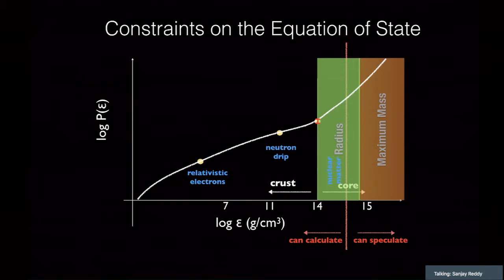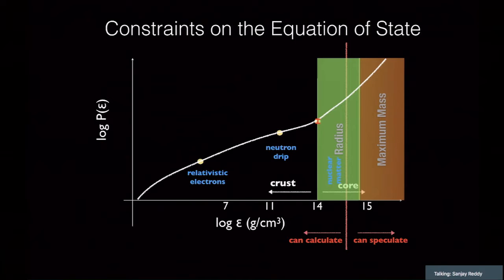We discussed that at about 10^11 grams per centimeter cubed, that's the density at which neutrons drip out of nuclei, and that's the beginning of the inner crust of the neutron star. And at about 10^14 grams per centimeter cubed, you make a transition from the inner crust of the neutron star to the outer core of the neutron star. Now, as I discussed, there are regions of the neutron star we can calculate. That's shown by this